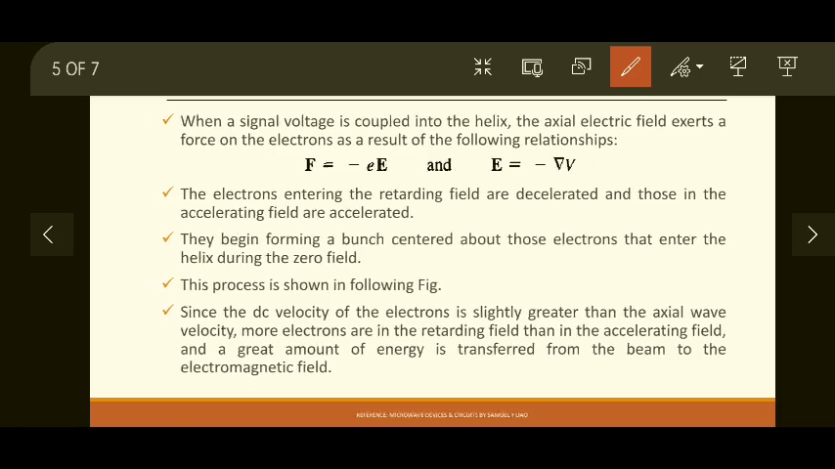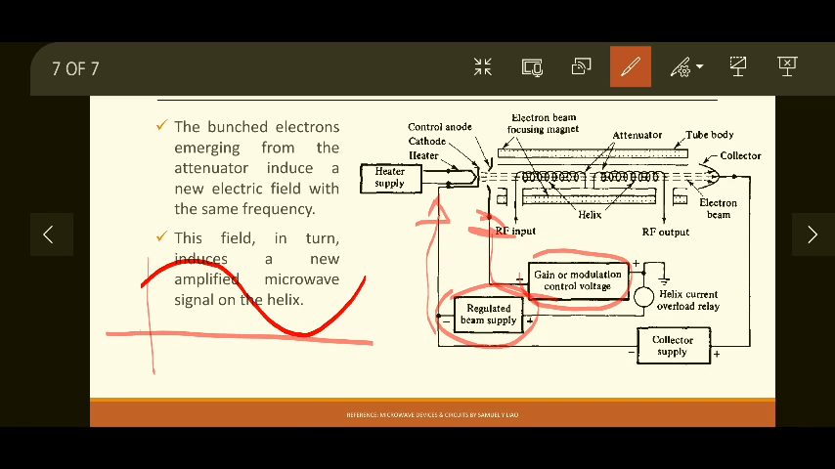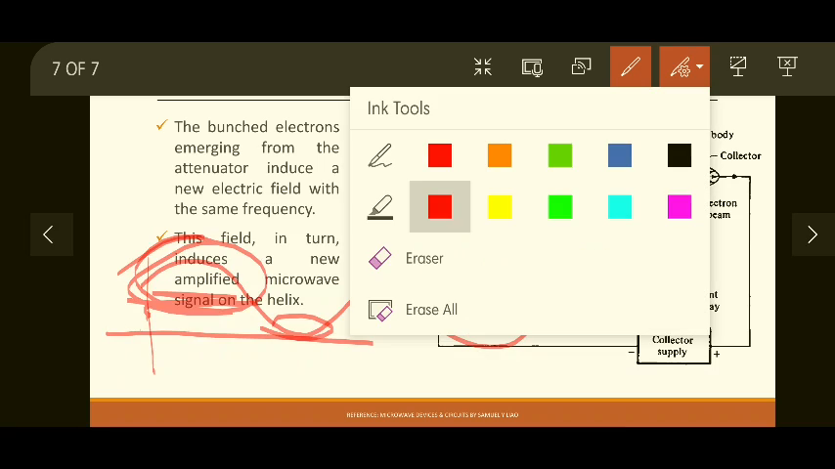So actual construction, if you see, we will see that. See, there is a DC also applied. DC voltage is also applied. Both are DC supply: the regulated beam supply, and the gain or modulation control voltage is also supplied. Now because of that, the electric field is not exactly at 0. It will be like this one. Okay, and because of that, this retarding field will be greater than the accelerating field,